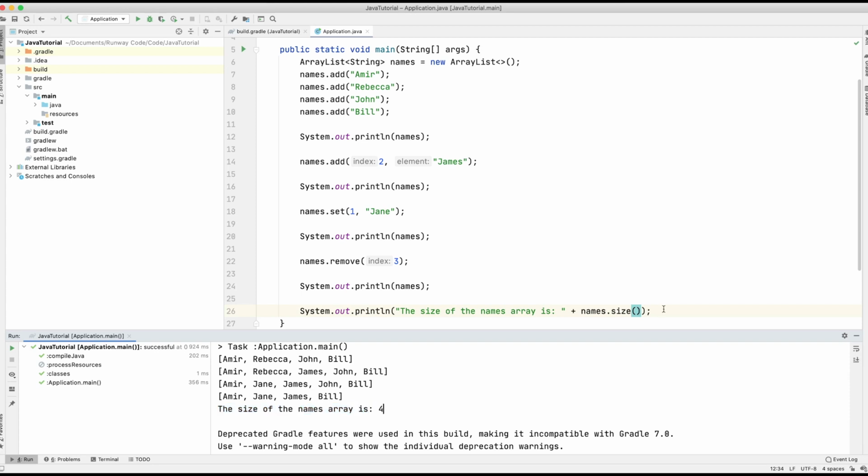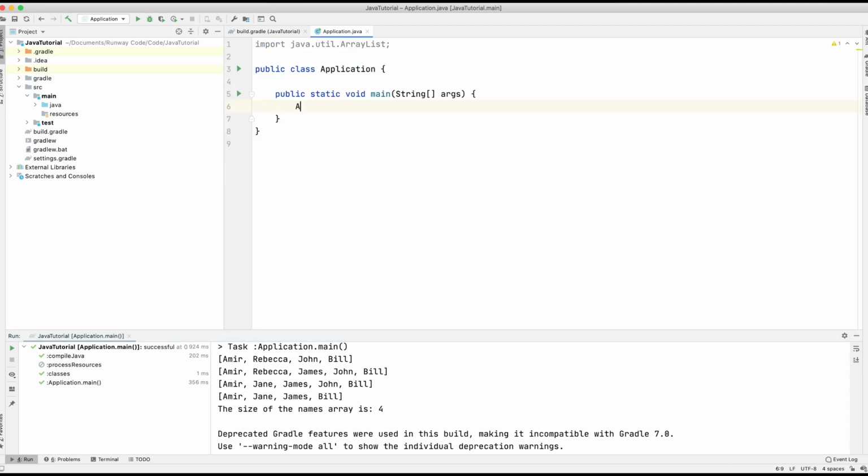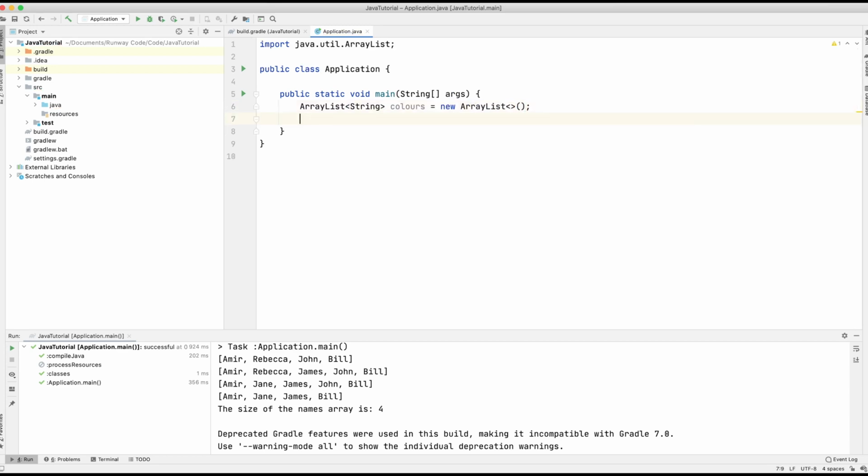The final thing I'm going to talk about in this video is the way that we can sort an array list. So let's go ahead and delete this code, and we're going to create a new array list of type string again, and we're going to call it colors equals new array list. So we're creating a brand new array list with a variable name of colors, and we're going to simply add